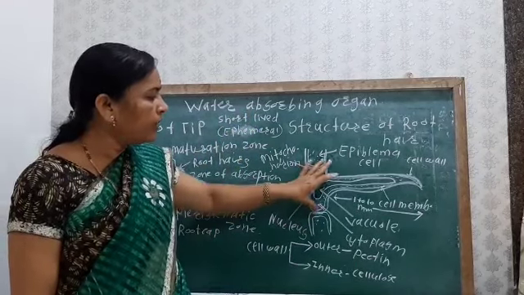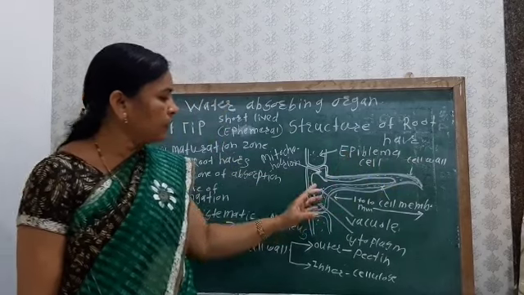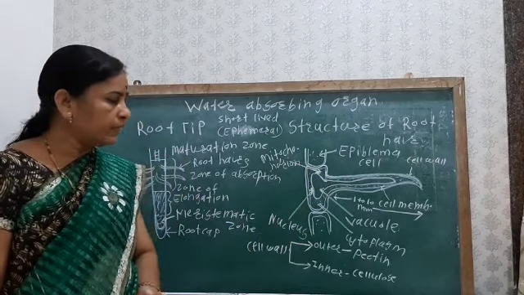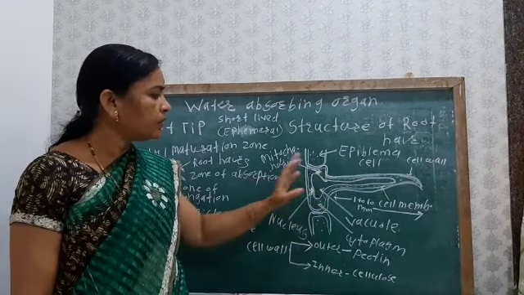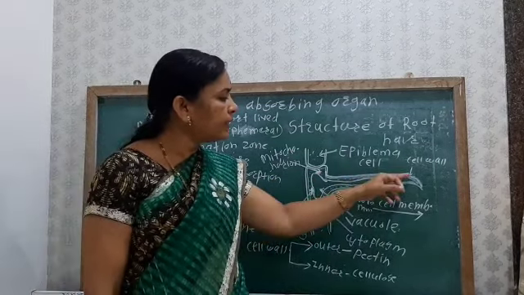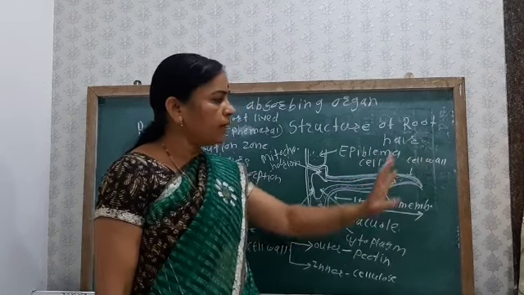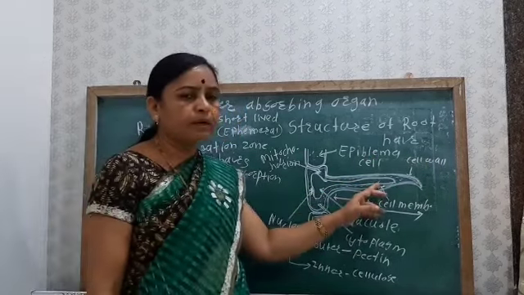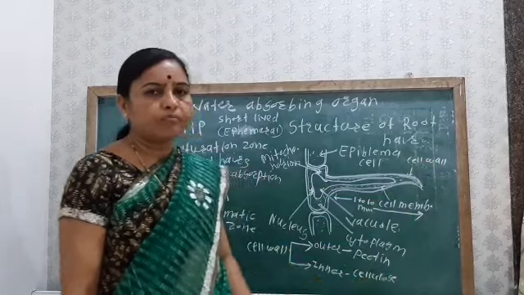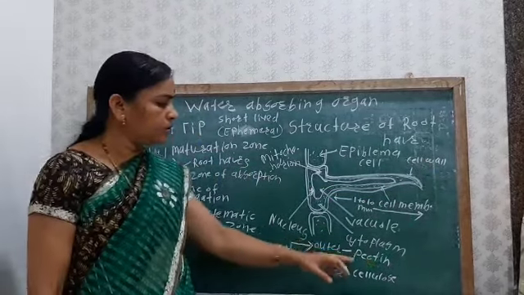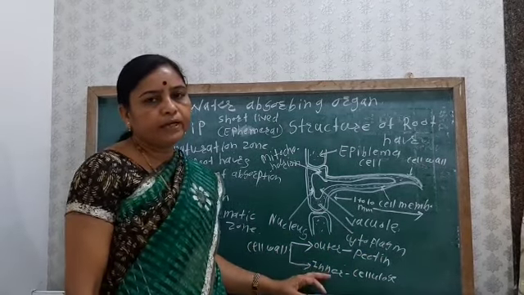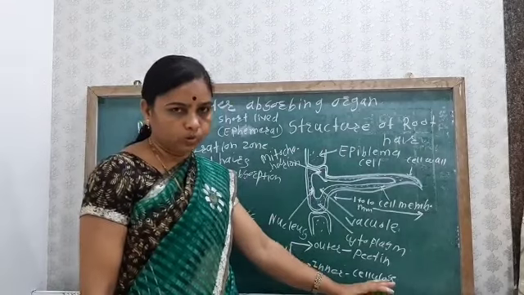Okay, so the root hair has a large vacuole. It has a nucleus, cytoplasm and mitochondria, which together are known as protoplasm. The root hair is surrounded by two layers: the outer is the cell wall and the inner is the cell membrane. The cell wall is made up of two layers: the outer layer is made up of pectin, while the inner layer is made up of cellulose.